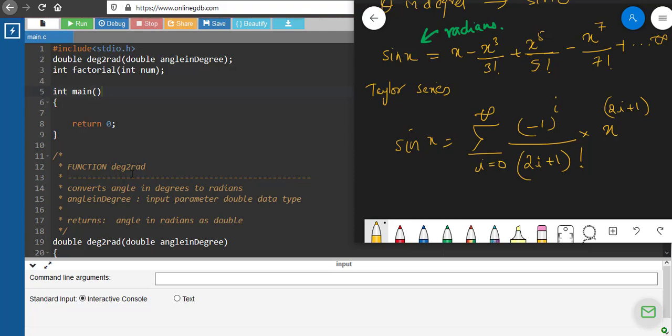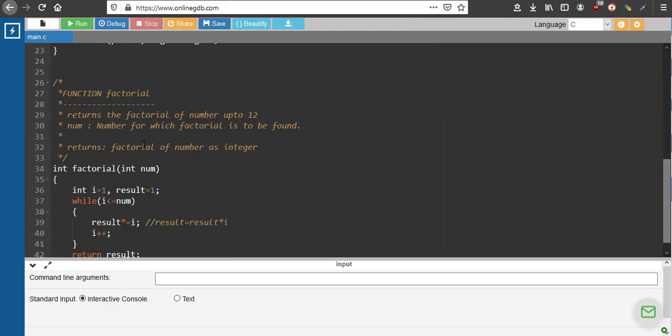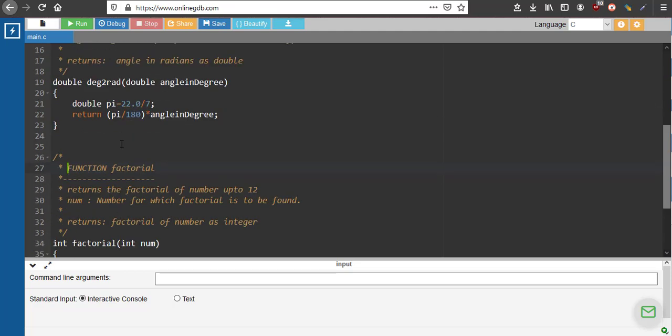So previous codes also we are going to use now. Here, if you see, this is the first code which we have written, factorial. It gets an integer number, finds the factorial and gives back the factorial of the number as an integer. So this is the first function. We are again using it. I have written this description of the function here like this. It is always desirable to write descriptions like this.